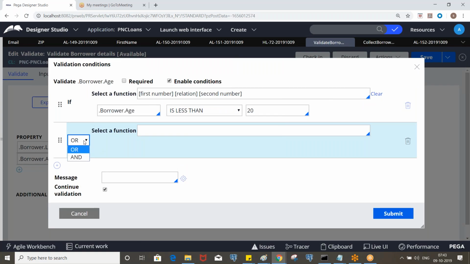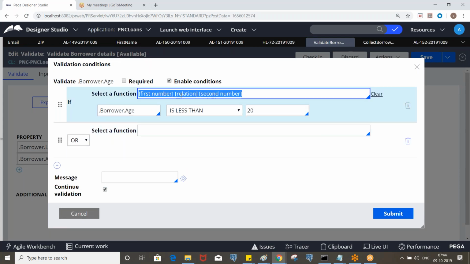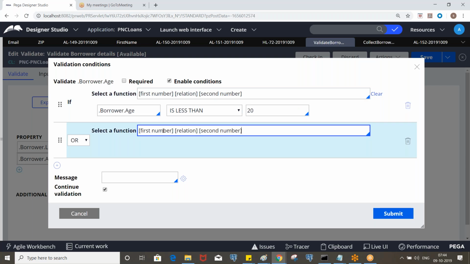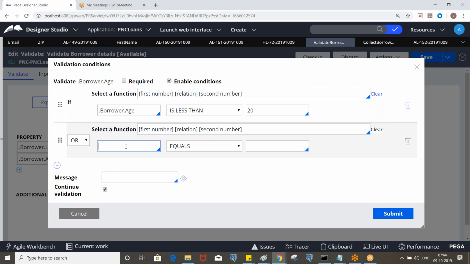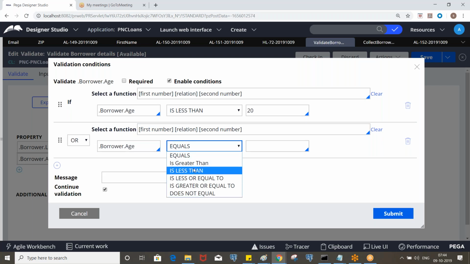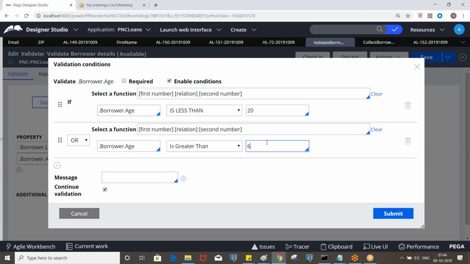Here you can put a logical operator, or again use the same function. If borrower age is less than 20 or greater than 60, based on the requirement, this will be validated.